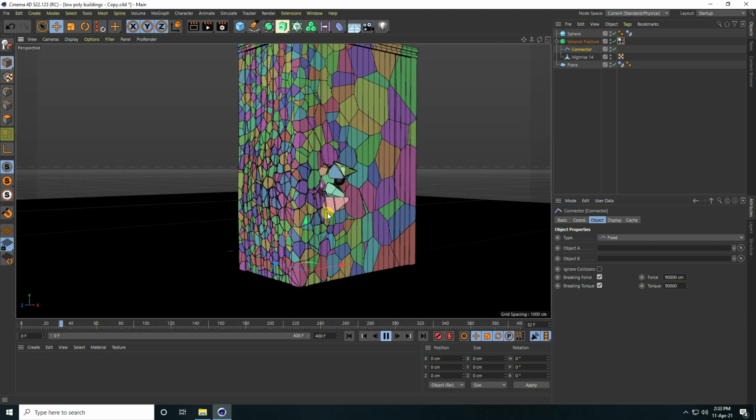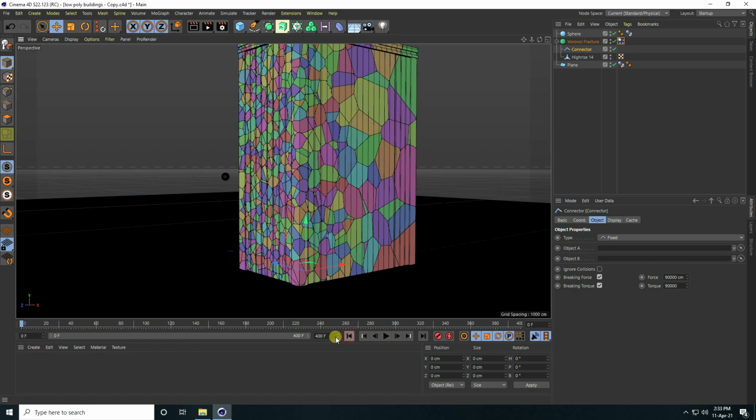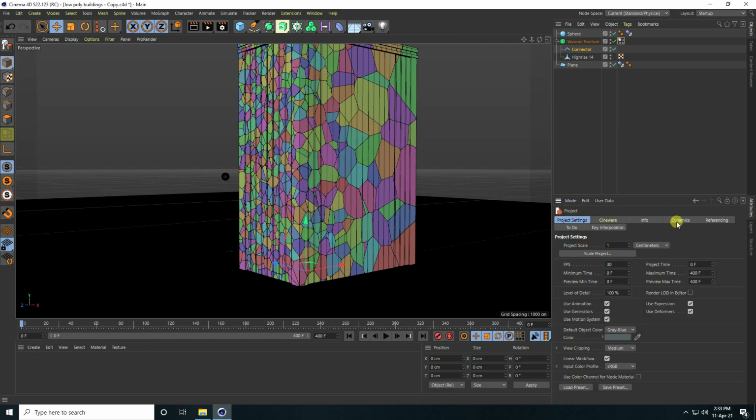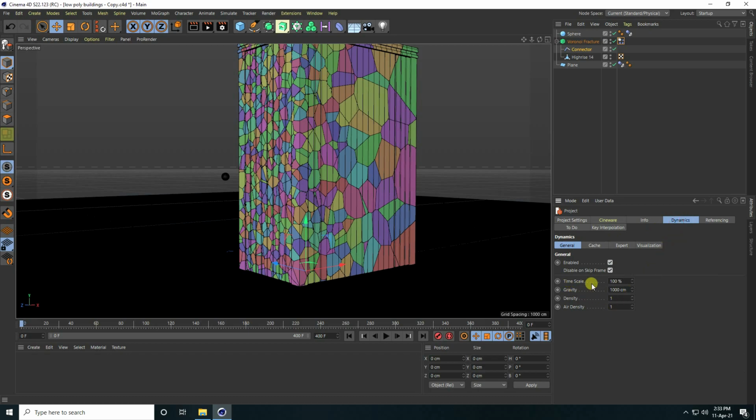Now I'll add more effects. Stop, and go to mode and select project. Go to dynamic. Time scale I like half, like 50, and air density like 10.